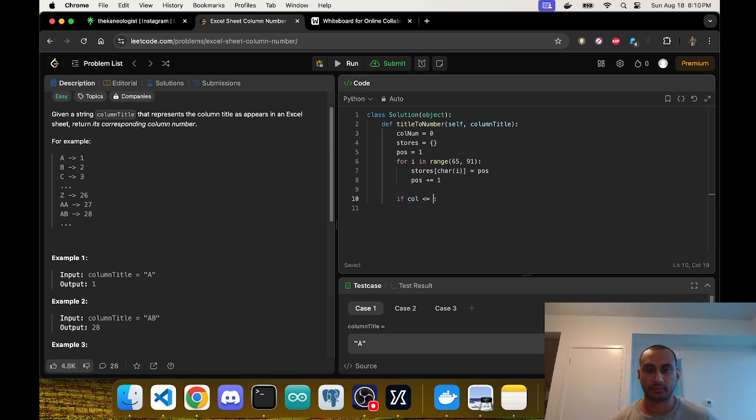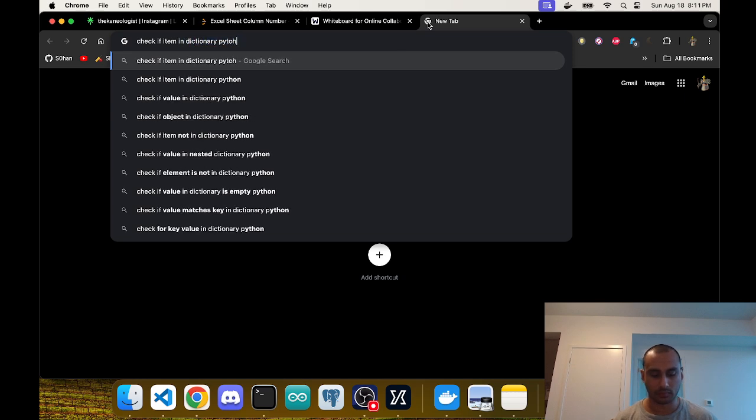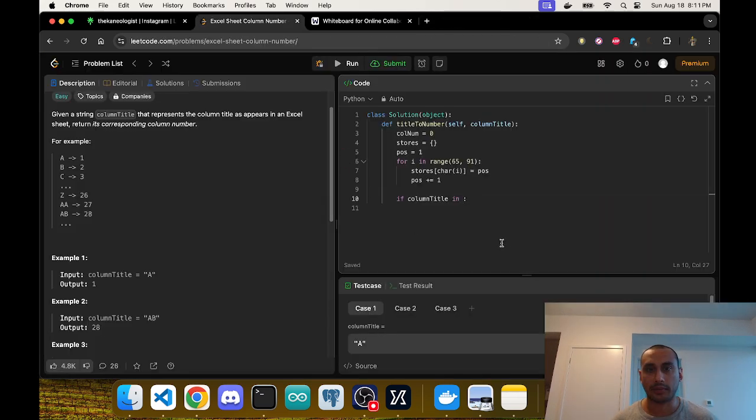If the key already exists in the dict, okay, so if A to Z is in the dictionary, which already covers 1 to 26, just return the value. So if column title in stores,